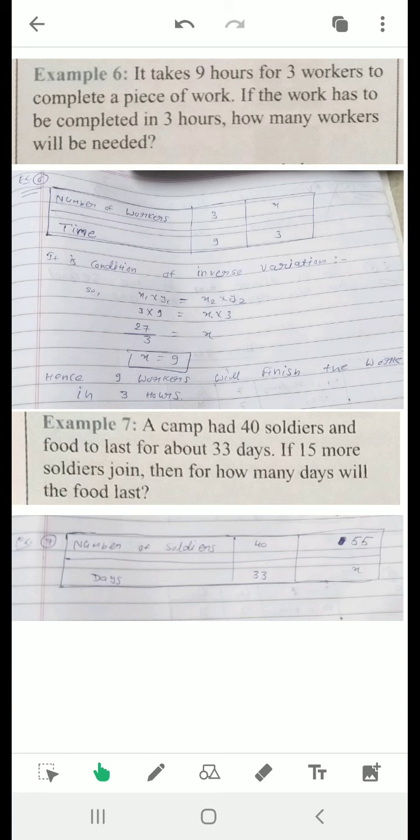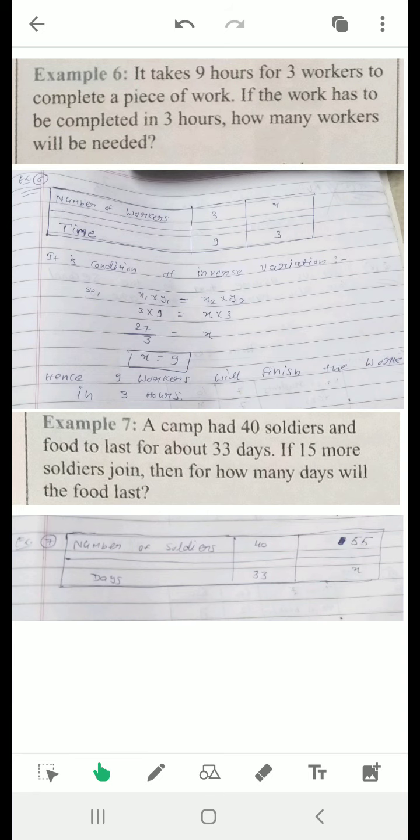Okay, so now I already know that this is the case of inverse variation. Why inverse variation? Because the time is reduced, so we need more workers. One quantity is decreased, then the other quantity will be increased. So this is inverse variation. So we will apply the formula of inverse variation and then solve. Okay, put the values of x1, y1, x2, y2, then solve that. I have done it in the last example also. After drawing the table, it is very easy. Okay, so try to draw the table properly.